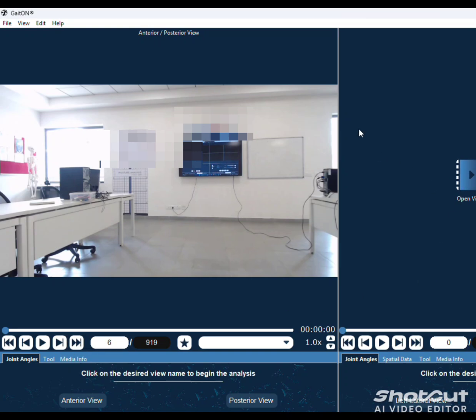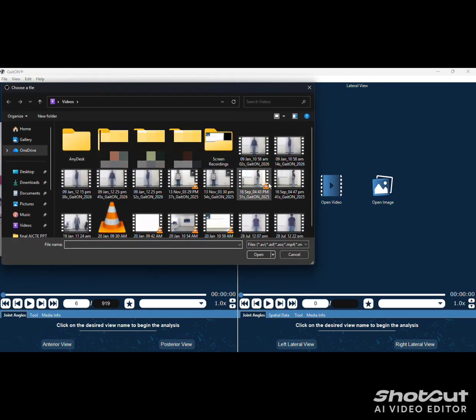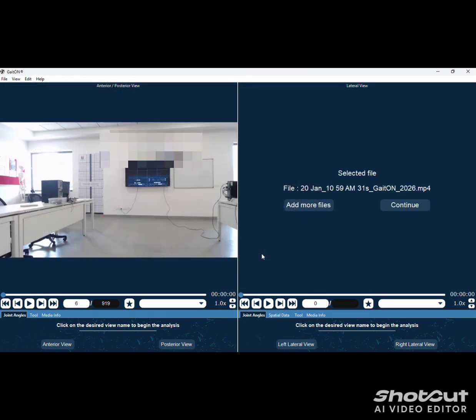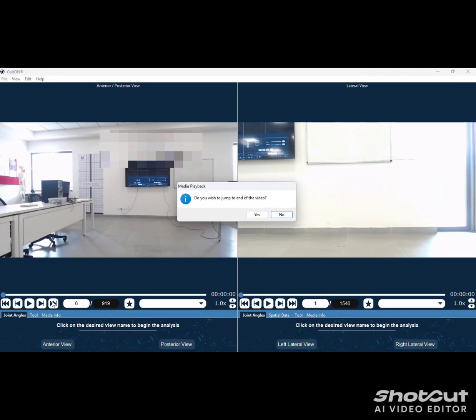So using the second screen, click on open video and add a lateral left and lateral right view video. So now the 4 videos are added in 2 screens.